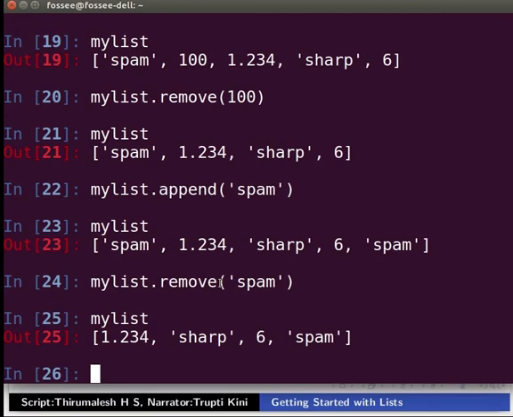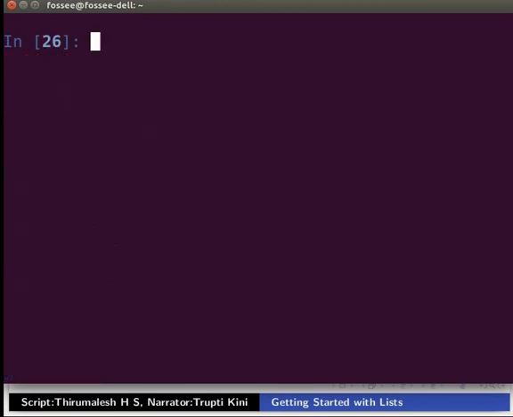Using the remove function, we can also remove an element with its index value. Let us try this with an example. Type k is equal to inside square brackets 1, 2, 1, 3 and press enter.